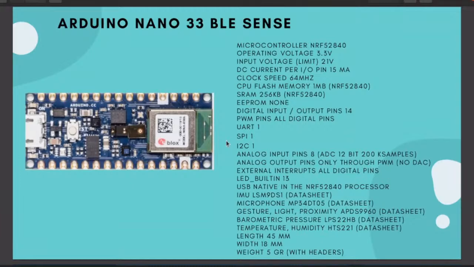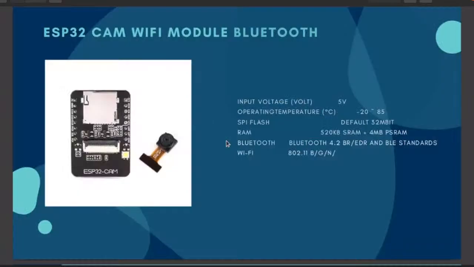Okay, the next one is the Arduino Nano 33 BLE Sense. This is the simplest one. It's about 2000 rupees. It consists of these features: the operating voltage is 3.3 volts, it's based on the nRF52840, and input voltage is limited to 21 volts. Then the pin output current is 50 milliamperes. You can read out the specific specs there. The next one is